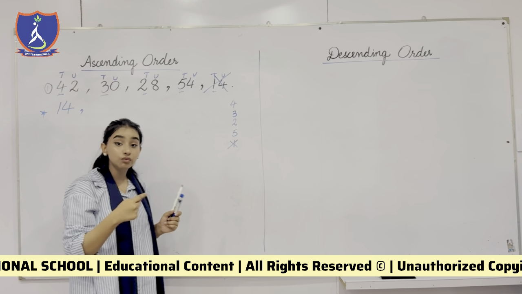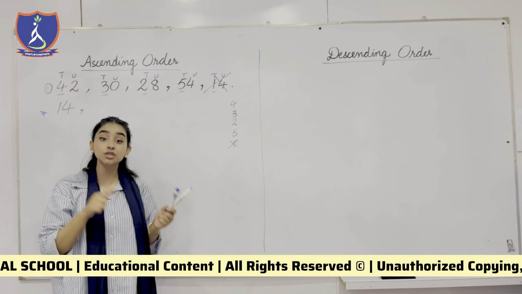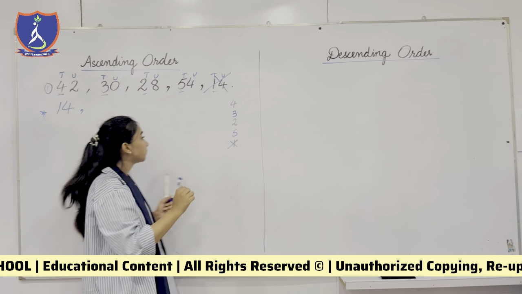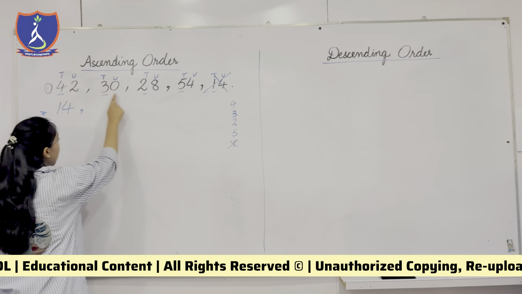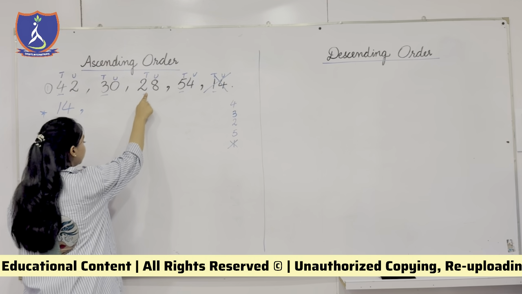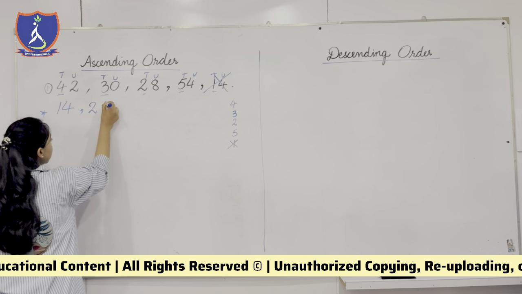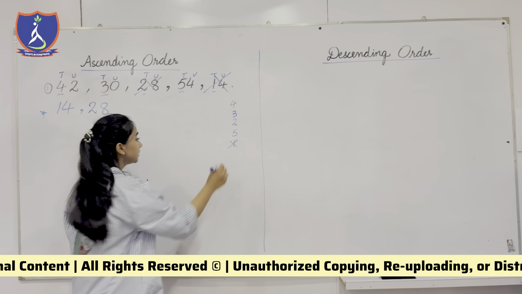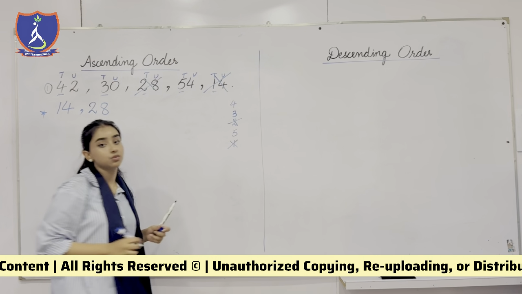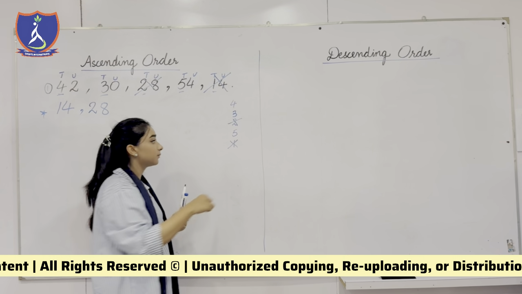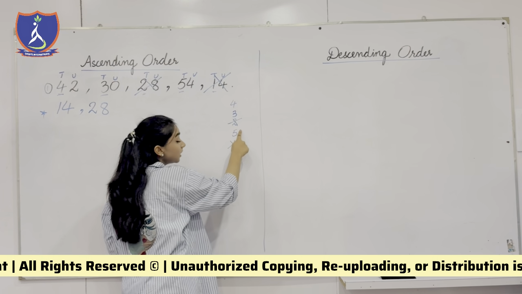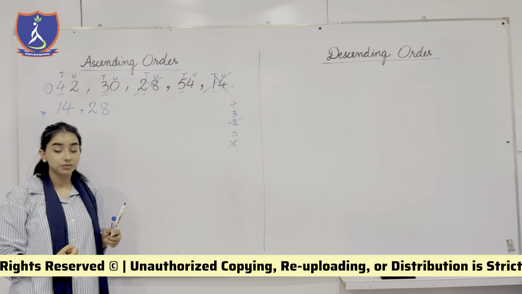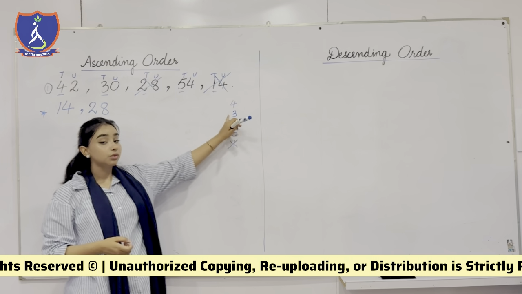But we have to find out the 2 that is present on the family of tens at the place of tens. So 2 over here comes at the place of tens. That means our next number is 28 and it would be out of the game, right? Now this is also cut out. Now we are left with 3 numbers, 4, 3 and 5. What do you think is the smaller number in these? The smaller number is 3.